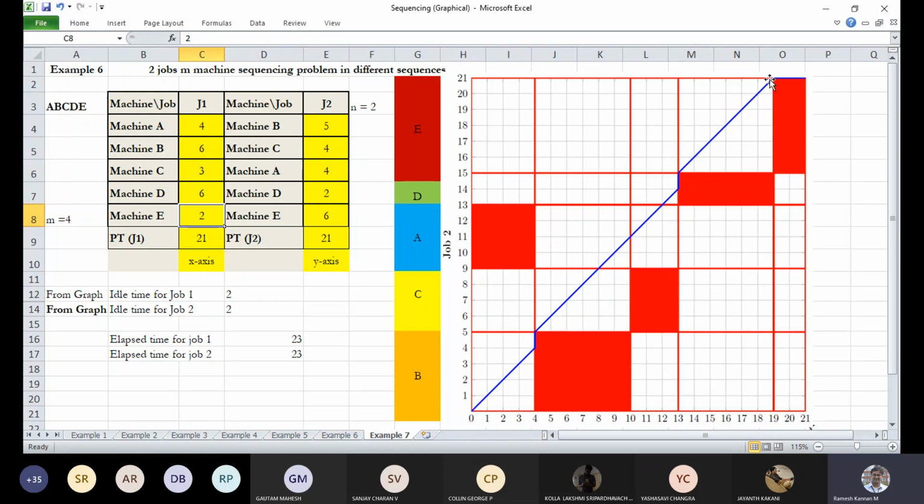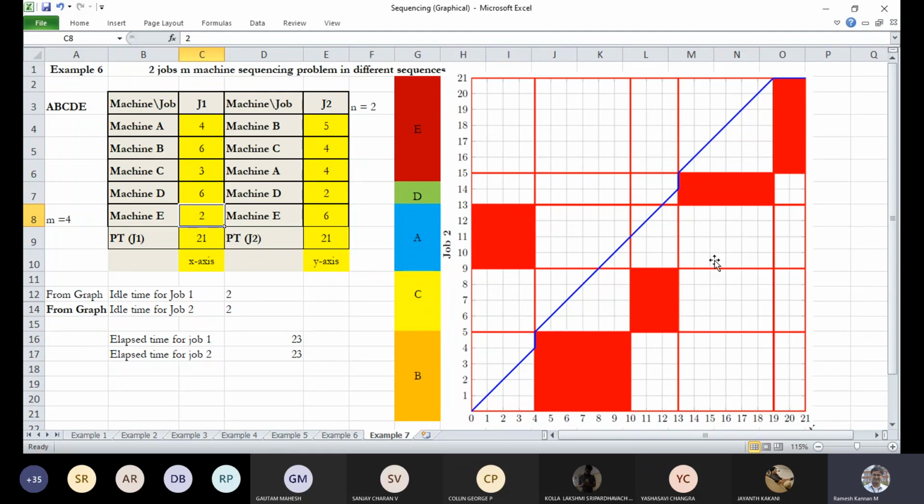So this is very common. Then at this point, you need to reach the final destination of 21 minutes, so you can take a horizontal path. After this, you take a horizontal path, right? Then the number of vertical lines and their corresponding durations, like 14 to 15 is 1, and 4 to 5 is 1. So this particular duration is the idle time for the machine.